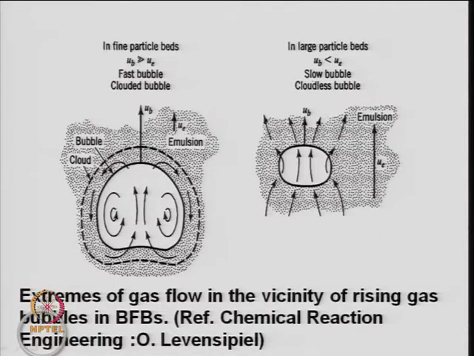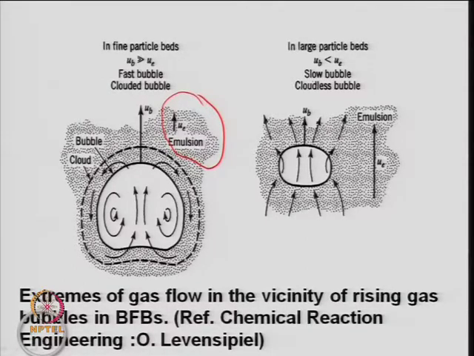and the solid. So, this is the bubble, this is your cloud, and here is again some more clusters of the solid. This is known as the wake phase, another phase, and this is where the gas is low or some stagnant gas, and this is known as the emulsion phase. If I say two phase, then there will be a bubble and the emulsion. If I say three phase, then there will be a bubble, then a cloud and then emulsion. Cloud and wake, these two are combined together. So, bubble phase, cloud and wake phase, and emulsion phase. That is known as a three phase model.